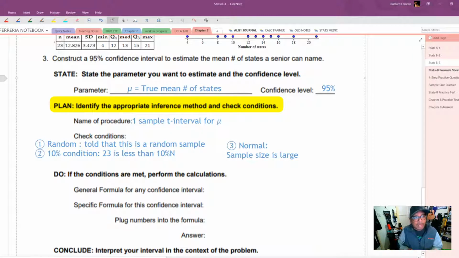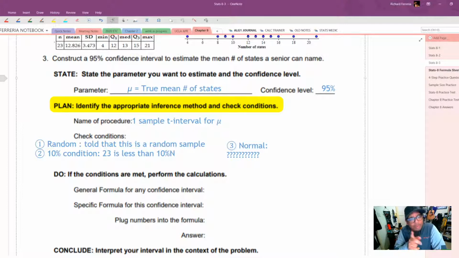The second way we could do it is if the sample size is large, and our sample size isn't large. It's only 23. That's not bigger than 30. So we can't use the CLT to say that the sampling distribution is normal because we had a sample that wasn't bigger than 30. So what do we do? Actually, what we do